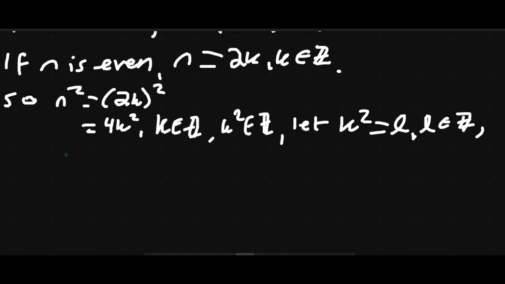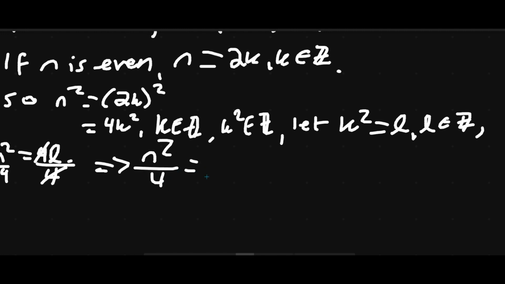So now we have that n squared equals 4L. Dividing each side by 4, we get that n squared divided by 4 equals L, an integer, so therefore 4 divides n squared, and that's